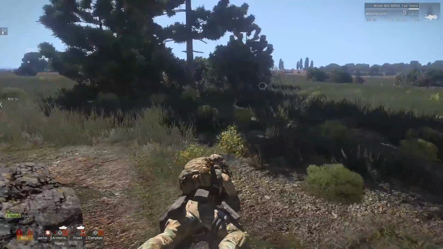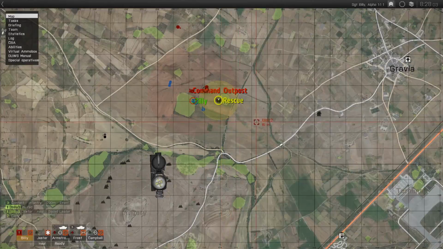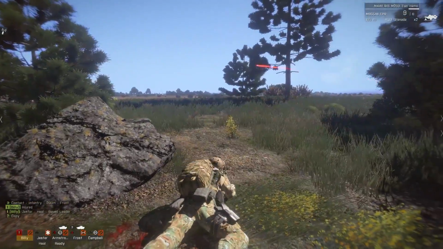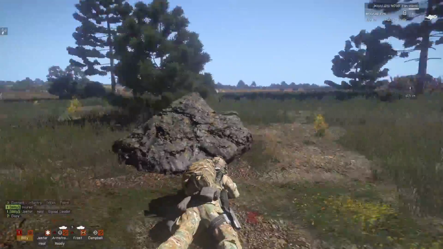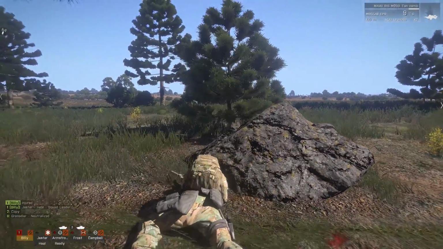I need a medic. Jester, heal that soldier. Understood. They're right in front of us, like literally in that objective right there. I don't think that guy is going to heal me. He's under fire at this point, so...